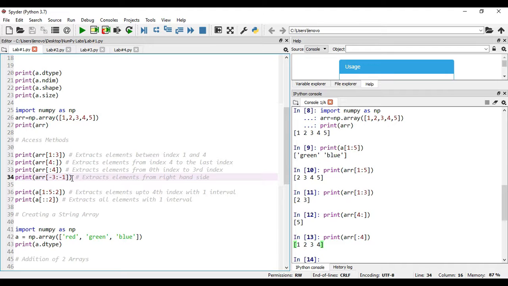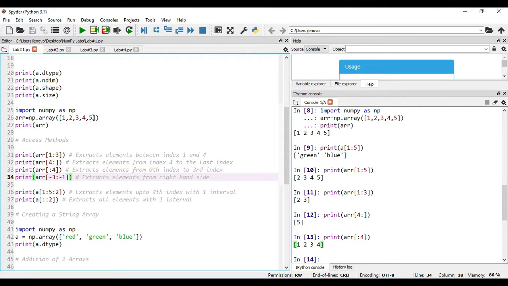In this case I am asking to retrieve the elements starting from -1 and ending before -3. It is not equal to -3, it is up to -3.